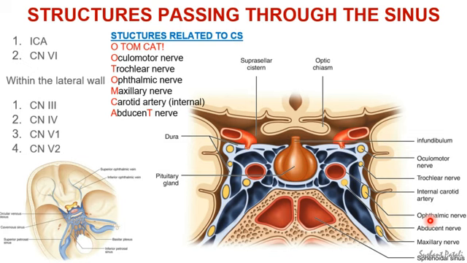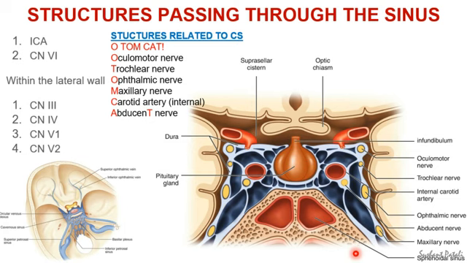The first two branches pass outside the tendinous ring, and the third branch lies within the tendinous ring between the 2 rami of the oculomotor nerve. The fourth structure in the lateral wall of the cavernous sinus is the maxillary nerve, and this nerve enters just like the ophthalmic nerve, and it leaves the sinus through the foramen rotundum.